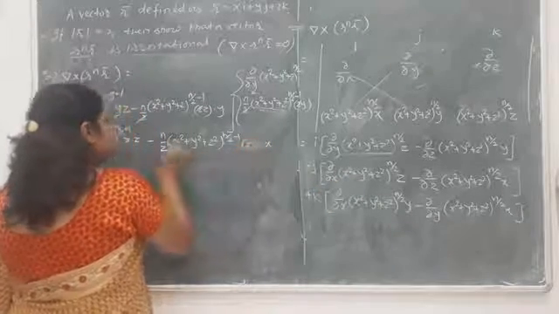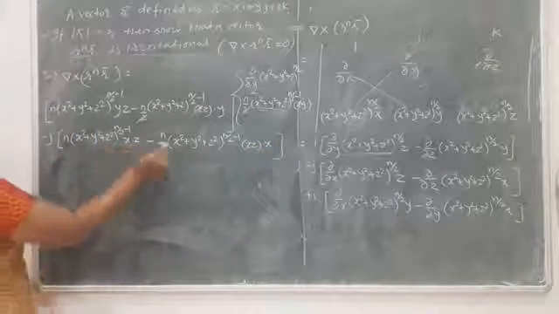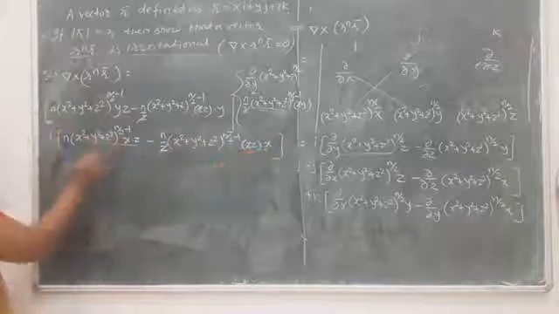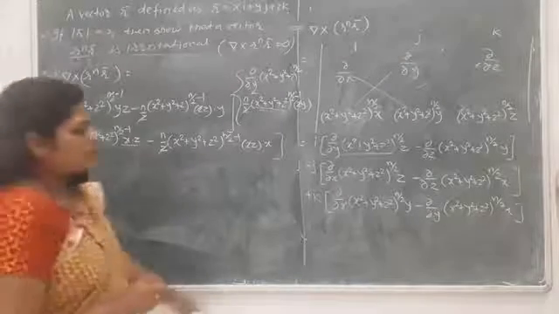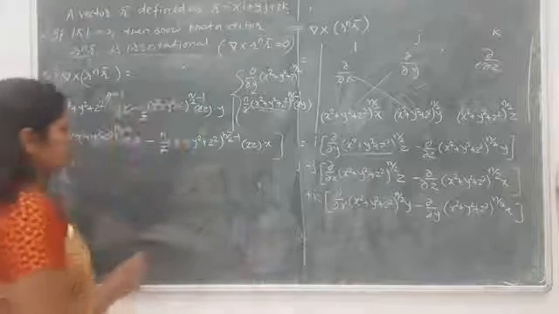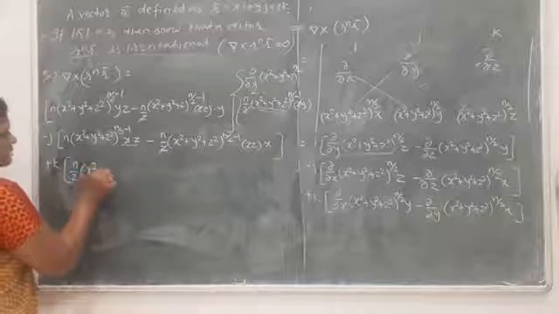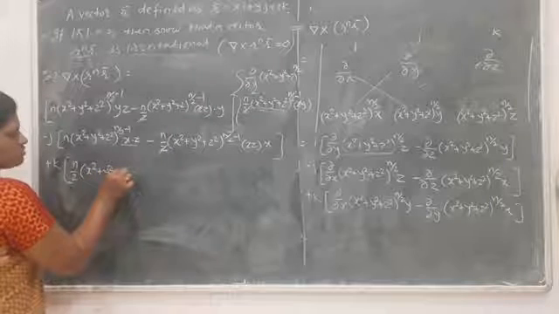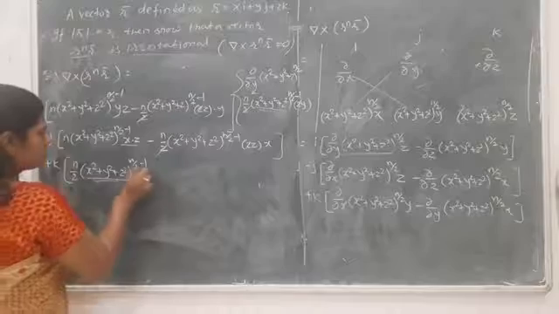So again the 2 cancels. Again if you observe, here is an xz, here is a zx, here is an n into this, so the same term. Then plus k, here again we are differentiating with respect to x, so that is n by 2, x square plus y square plus z square raised to the power n by 2 minus 1. Repeat, the derivative of this bracket with respect to x is 2x.